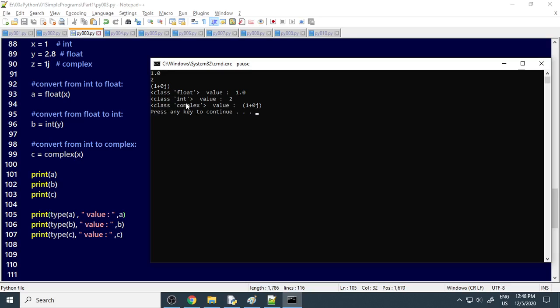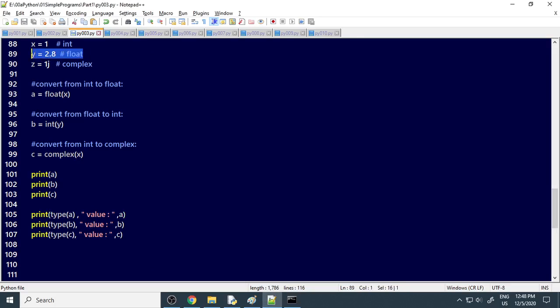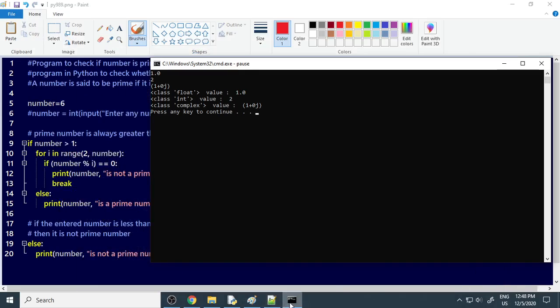The second one is integer, because earlier y is a float, but we converted y to b, so now it becomes integer. Next one is complex. We want to convert x into complex, therefore it becomes a complex now.